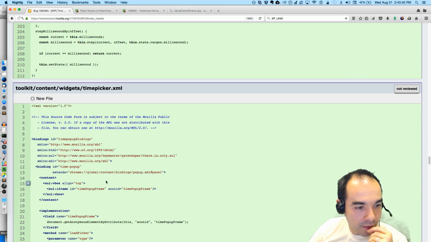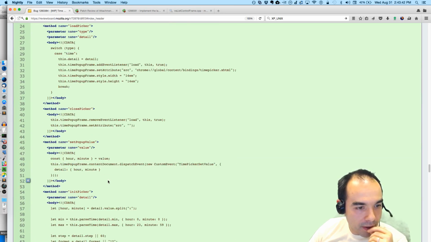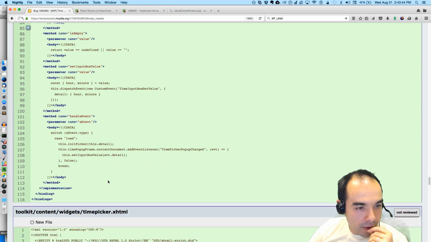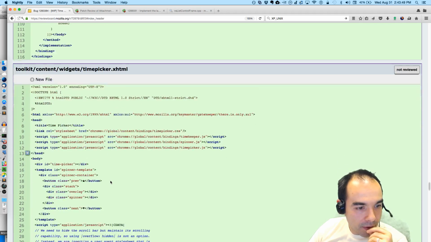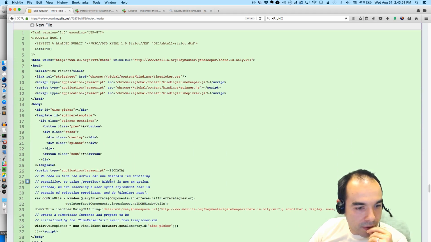Oh yeah, then they have XBL binding. Parse time. And the picker itself. Spinners. Namespace, scroll bar. Maintain its scrolling capability.